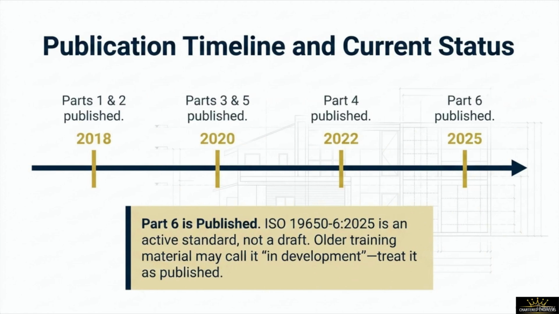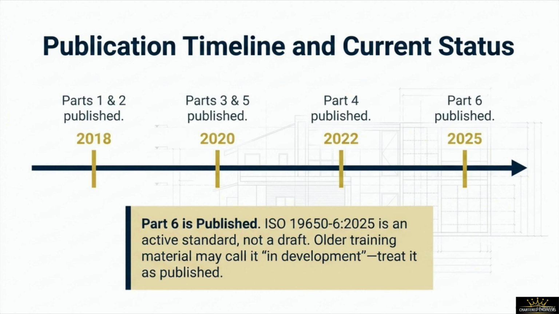When you are auditing a project team for technical compliance, you must ensure your training materials match the up-to-date timeline of international publication. Let's trace the historical timeline from left to right to map out the current status. The journey began in 2018 with the simultaneous release of Parts 1 and 2, establishing the core delivery engine. In 2020, the standard expanded significantly as Parts 3 and 5 were officially published, capturing operations and security. Part 4 followed in 2022, introducing formal information exchange quality criteria. The final piece of the core framework arrived in 2025 with the formal publication of Part 6.